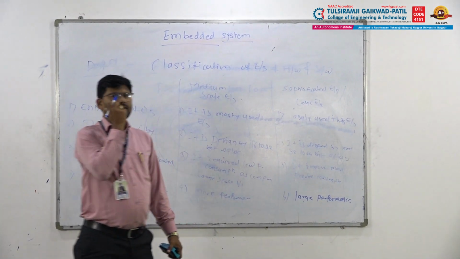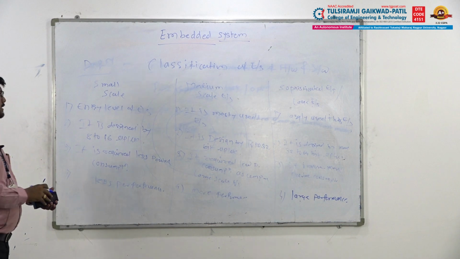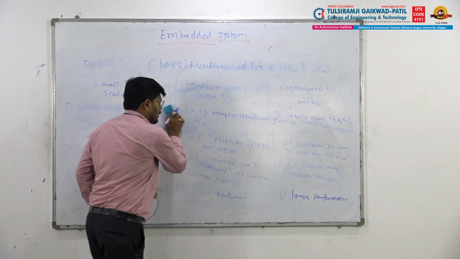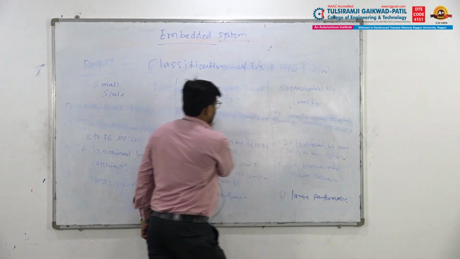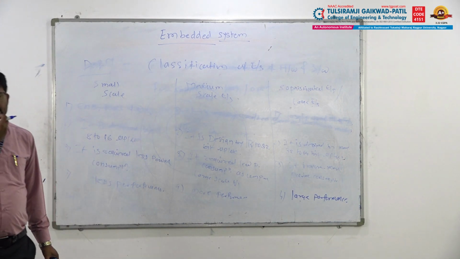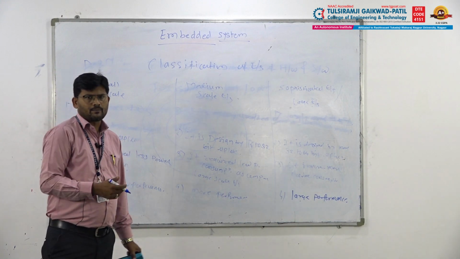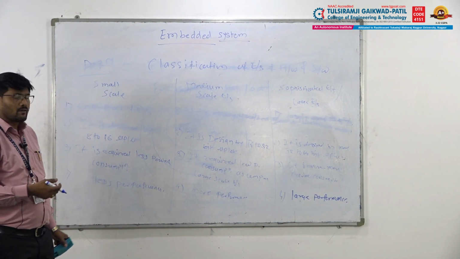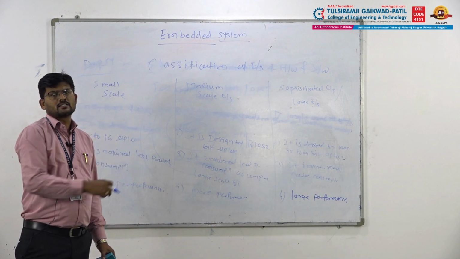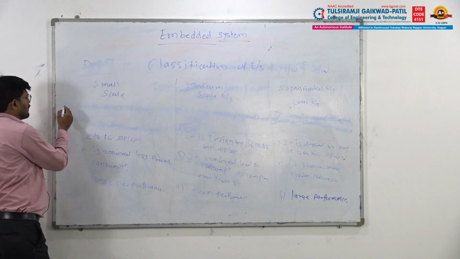So these are the main differences between small scale, medium scale and large scale embedded system. Similarly, there are many more differences. The second thing is the applications, because we use embedded systems for different applications. Some applications of the small scale embedded system are: